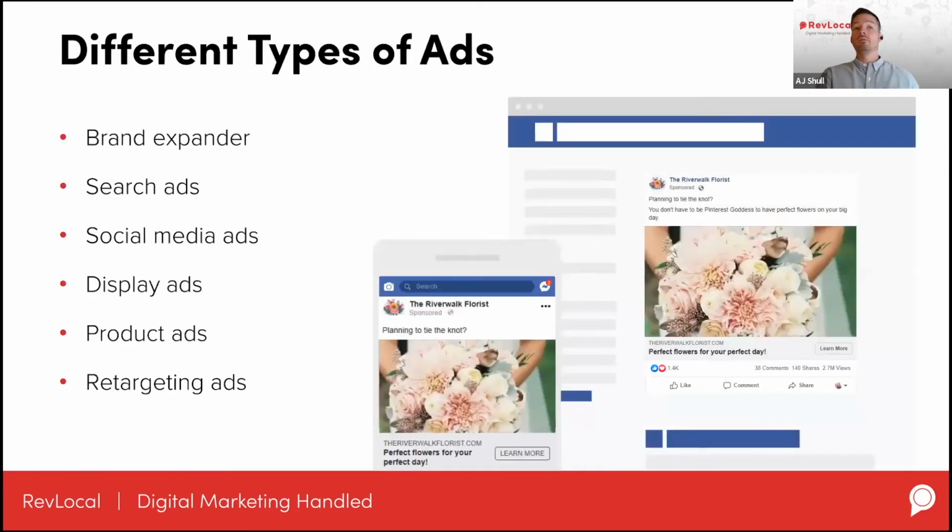So some of those types of ads that you can do, and I'll go into a little bit more detail on this, but some brand expander ads, the search ads, which you've seen examples of and you're all pretty well familiar with, those ads that are at the top of Google. The same thing can be done directly on social media. So you can run targeted ads on social media that will show up on people's feeds, and you can target based off of demographics, income levels. There's a lot you can do on social media that you can't even do on Google,